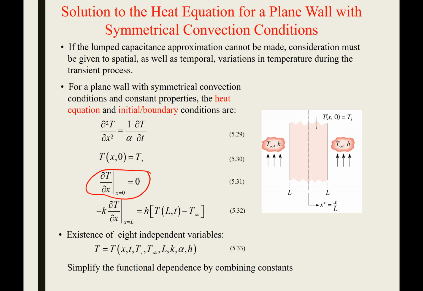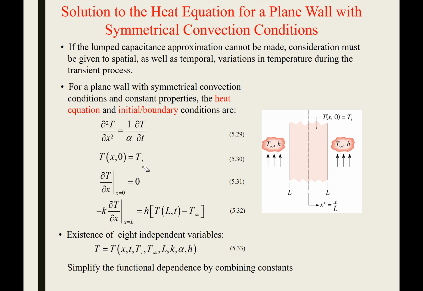So this system ends up being mathematically the exact same as having a half-thick wall that's insulated on one side. That symmetry means you're going to have a temperature profile that looks like this. Right at the center, our derivative with respect to x is just 0, so there's no driving force for heat transfer, so we have a 0 flux condition at the center. And we only need to solve one half of this because it's symmetrical. So that's one of our boundary conditions, and in this particular case, our other boundary condition is a convection